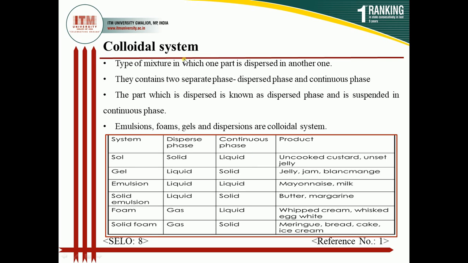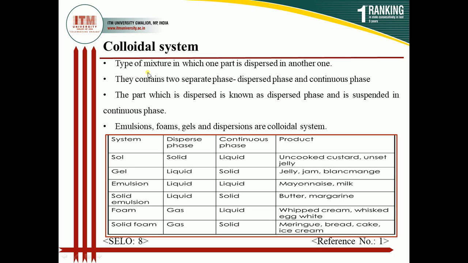In the next slide, colloidal system. Colloidal system is a part of the physical properties. Colloidal system means a system where we colloid the medium. Basically, we all know that there are three general mediums: liquid, solid and gas. These are the basic mediums, and in the colloidal system,